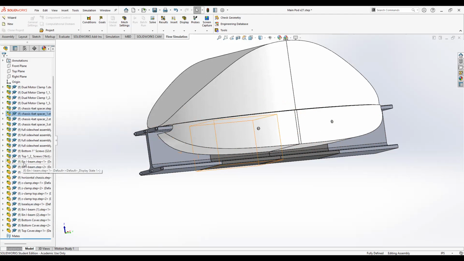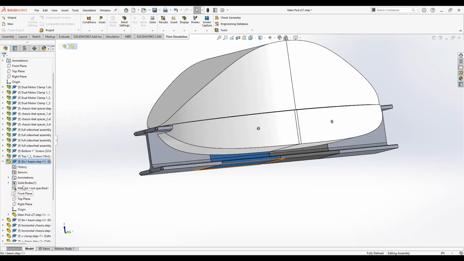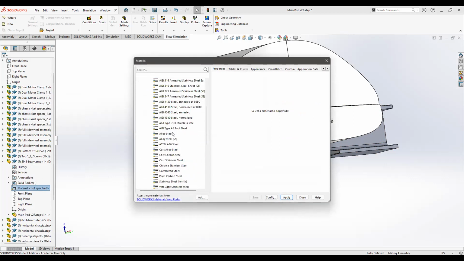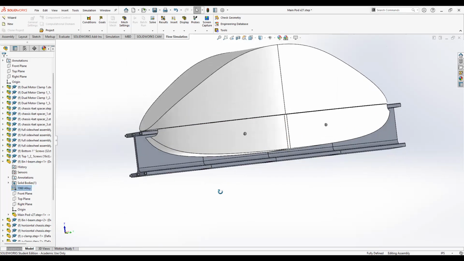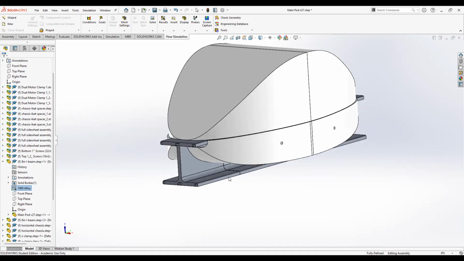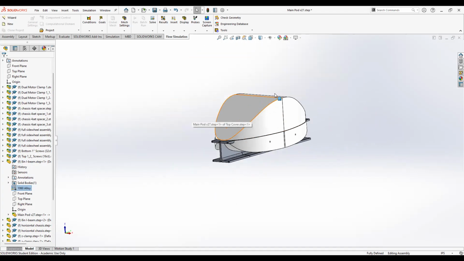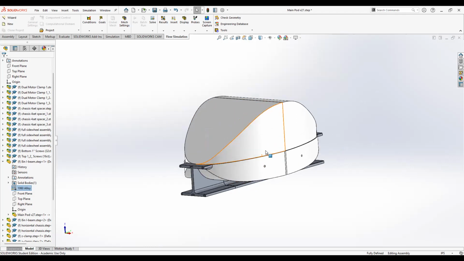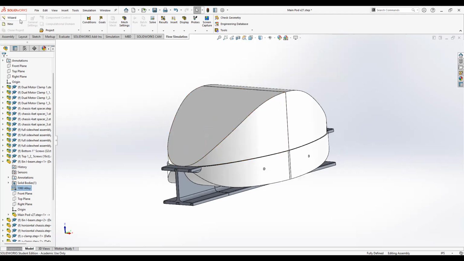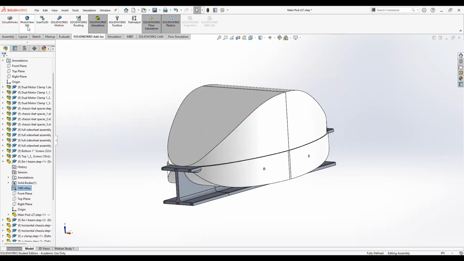Let's see. Okay, so these two, let's make them aluminum as well. Okay. Now the entire I-beam is aluminum. The top cover is ABS. We don't really need to worry about what's inside because we're not going to be able to see the inside anyways. Now what we can do is we can go to SolidWorks add-in, go to Photo View 360,